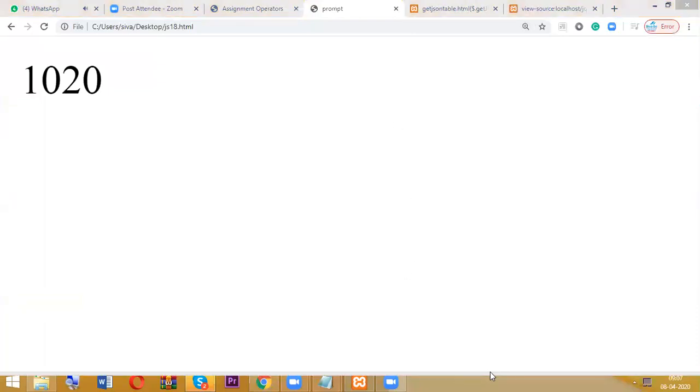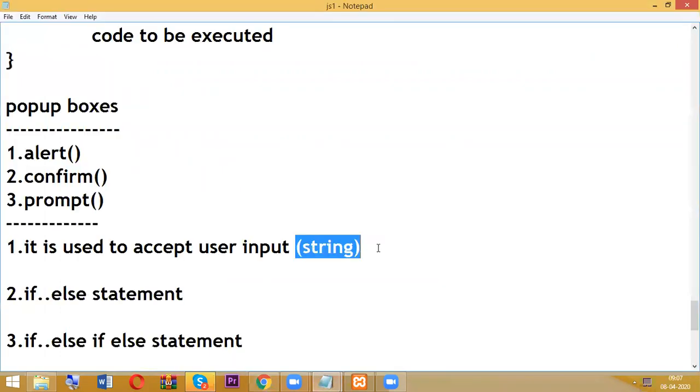Actually 10 plus 20 is 30, but I got 1020, because both are considered as strings. That is the reason that instead of 30, we got 1020. Okay, so everything is fine.